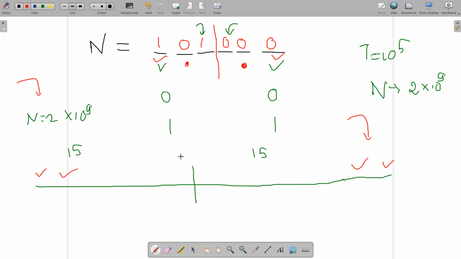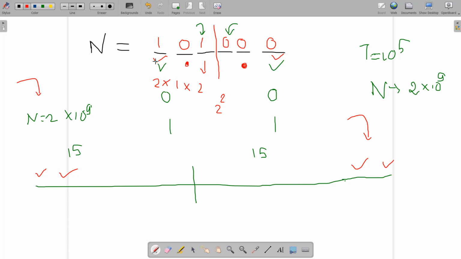Okay, then you can see what the total number of possibilities is. Here there are two possibilities for this position, either we can reduce this one or we can increase this 0. Again, this place is equal, so there is only one possibility. And again for the third place I can just decrease this 1 or I can increase this 0. Here we will have two possibilities, so in total we will have 2 power k possibilities. You can see this exponent is basically the number of places where s of i, where s is the binary representation of N, is not equal to s of n minus i minus 1, where n is the length of the string.